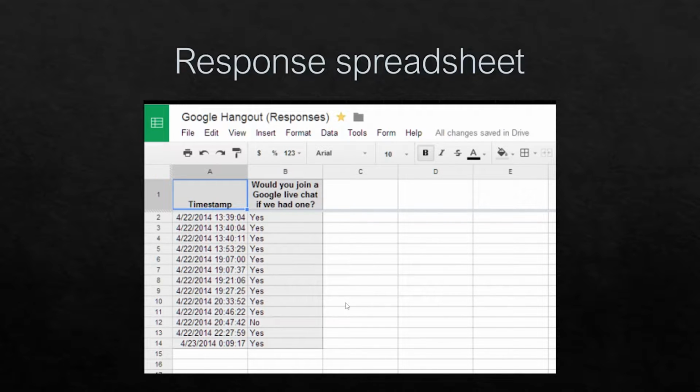But if you are more familiar with Microsoft Excel, there is a way for you to change this Google spreadsheet into a Microsoft Excel file. So all you need to do is click on File. There will be a drop down in this one, and all you need to do is choose Download to Microsoft Excel. So that's how you do it.